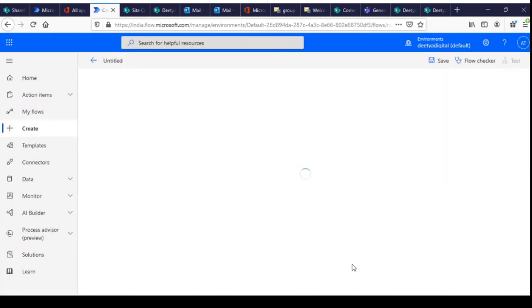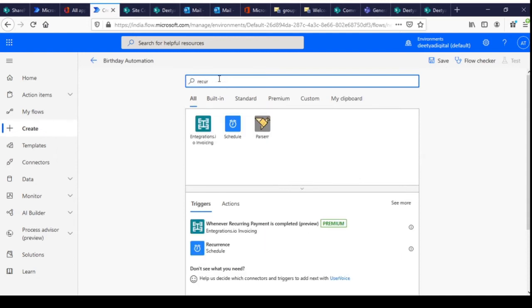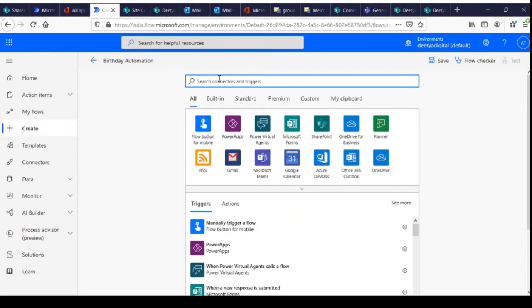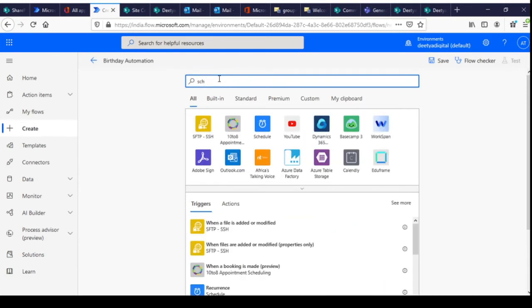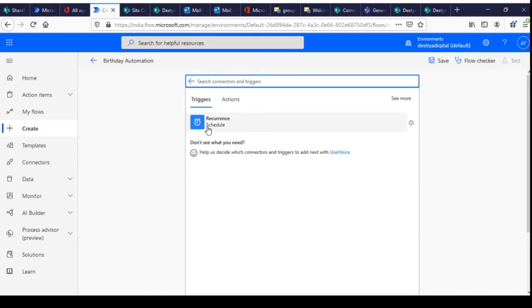Okay, so I'll skip this right now. Search the trigger schedule. So I'm clicking on schedule, click on the recurrence.